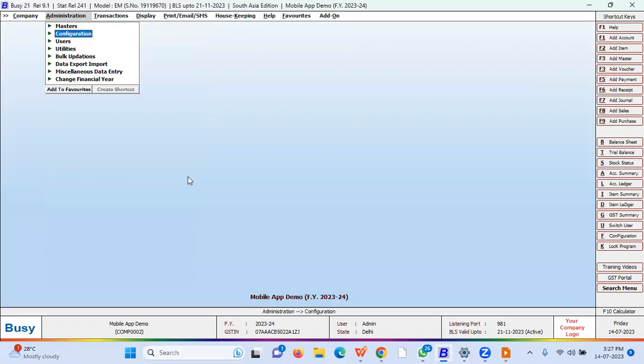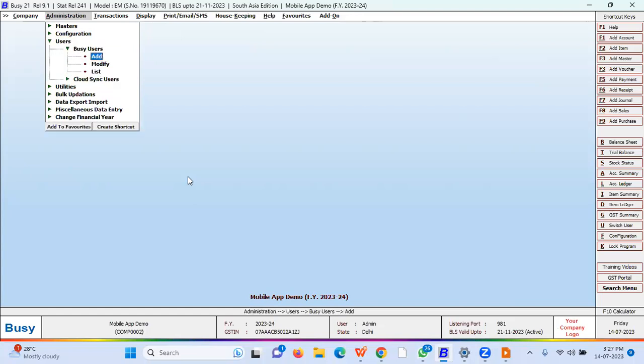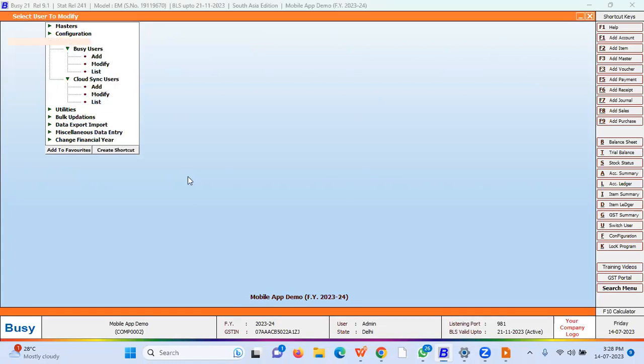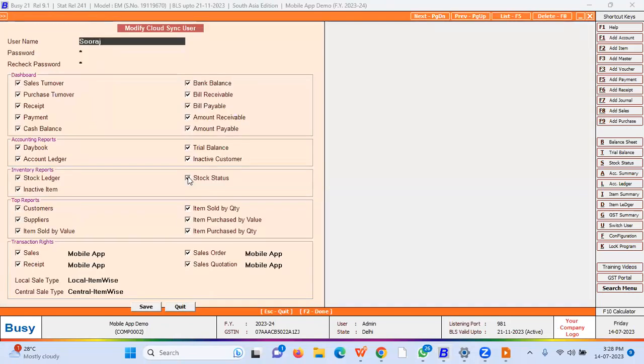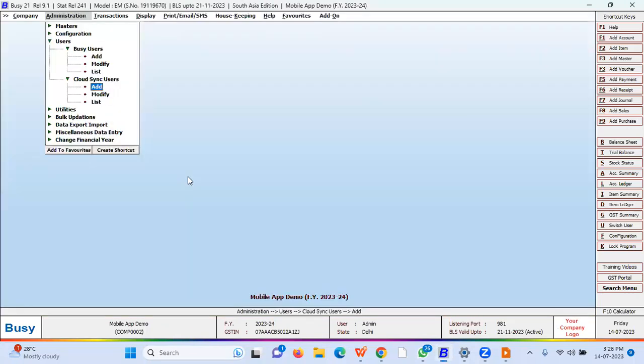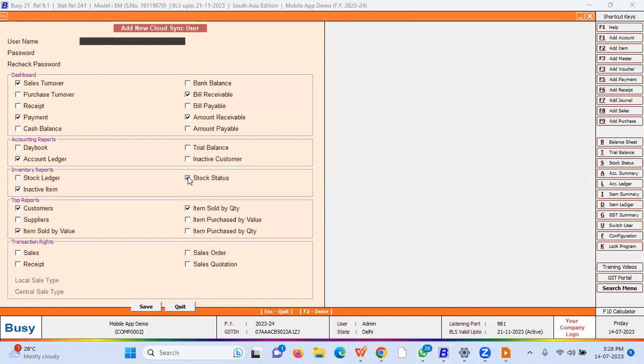The next part of the configuration is we need to create the cloud user. How to create the cloud user? Come to the administration, users, cloud users. As you see on my screen here, the Busy user is different, cloud user is different. The Busy user means the company user, Busy desktop company user. Cloud user means it's a mobile app user. Here I already created one username. If you want to create any new user, you can add it. For example,